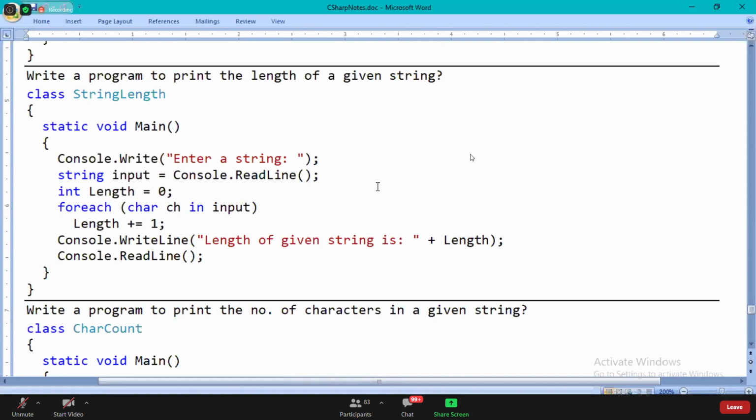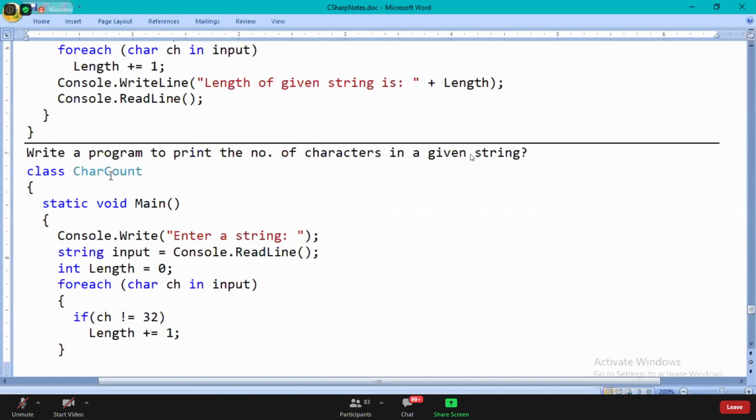There is a length property available. But without using that particular length property, we are going to find the number of characters in a string here.